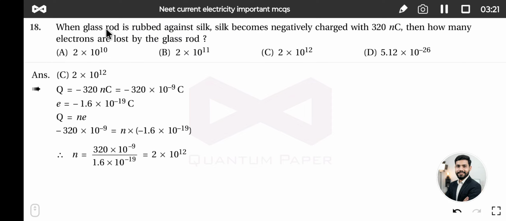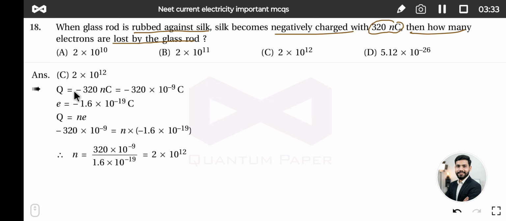Next question. When a glass rod is rubbed against silk, the silk becomes negatively charged with 320 nanocoulomb. Then how many electrons are lost by the glass rod? So the charge on that silk is given as negatively charged 320 nC. So Q is given as minus 320 because it is negatively charged, and the electron charge is nothing but minus 1.6 into 10 raised to minus 19. So if you apply the formula, Q is equal to N times E, the charge is given as minus 320,